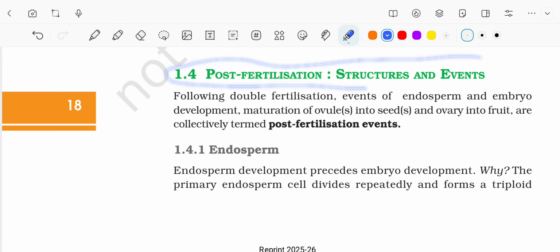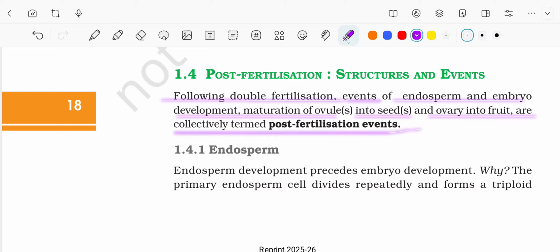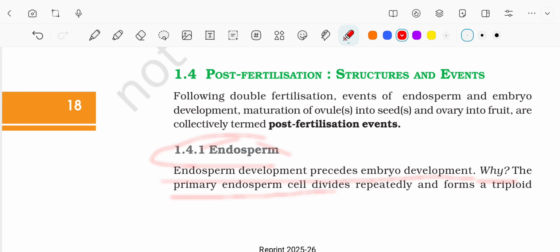Post-fertilization structure and events. Following the double fertilization event of endosperm and embryo, the development and maturation of ovules into seeds and ovary into fruit are collectively termed post-fertilization events. Endosperm. Endosperm development precedes embryo development. Why? The primary endosperm cell divides repeatedly and forms a triploid